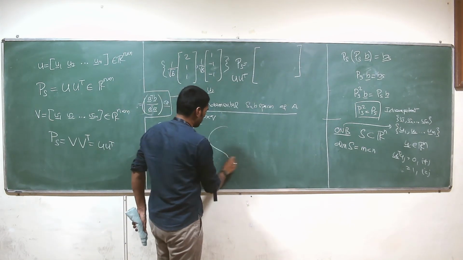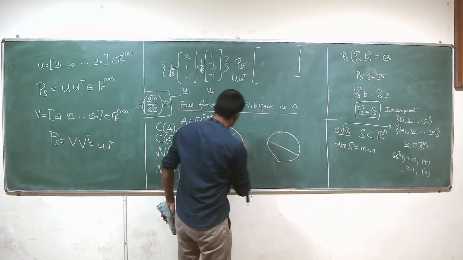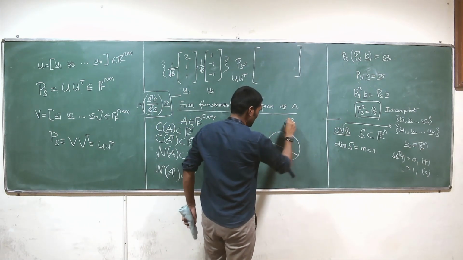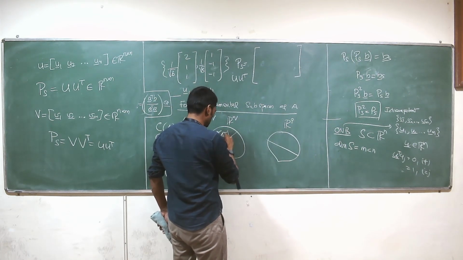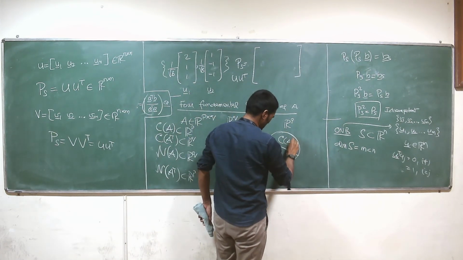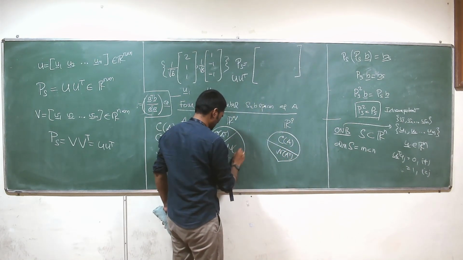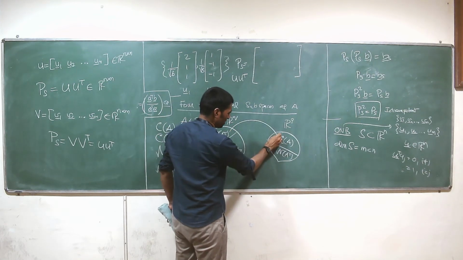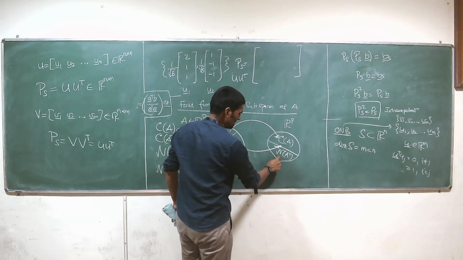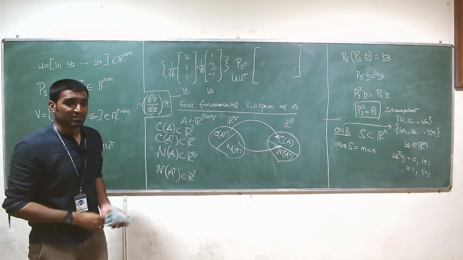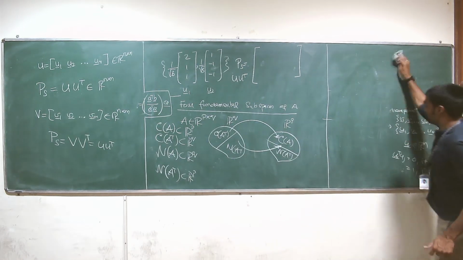Right, and earlier we had drawn a picture like this. This is RP, this is RQ. This is the row space, this is the column space, this is the left null space, and this is the null space. We said this gets mapped to this, this gets mapped to 0, and this is all left out. This is the picture we drew. It turns out we can draw a slightly better picture,